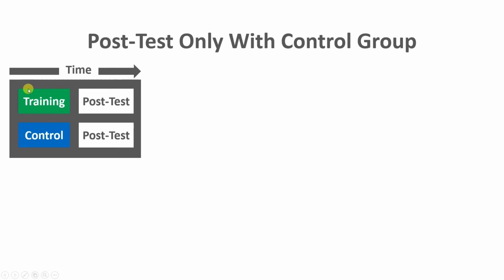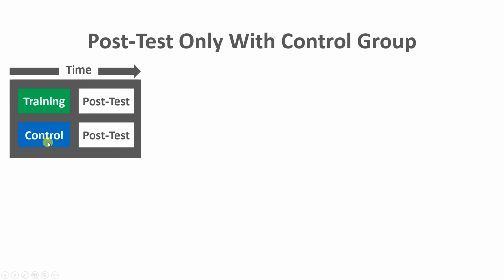As you can see here, now we have a post-test only with control group design, which means everybody gets the same post-test. This is your measure of training effectiveness. They get it after the training program. There's no pre-test in this design. But instead of having just everybody going through the focal training program, you also have a control group. That means people that either go through a different training program, maybe the old training program, or they don't go through anything at all. They don't receive any type of training.